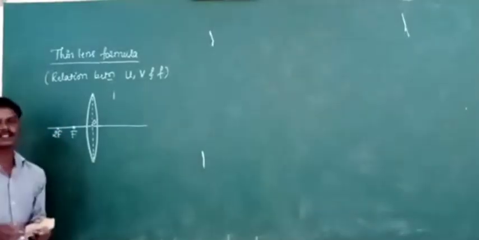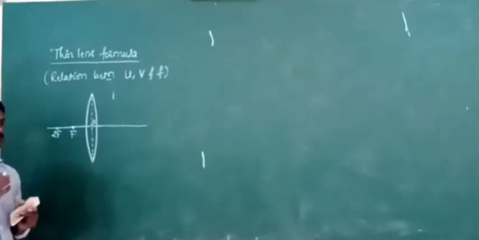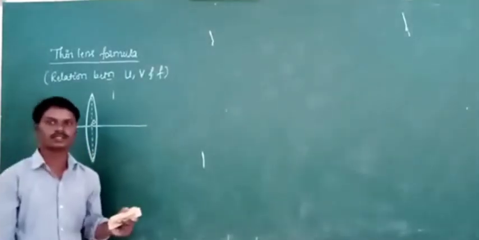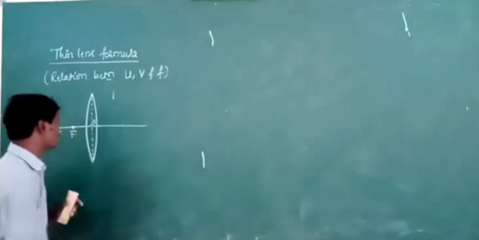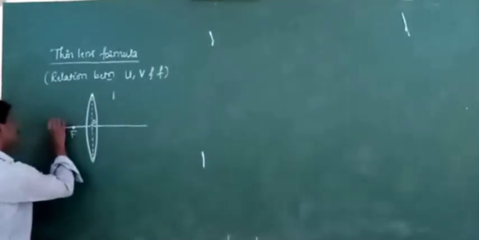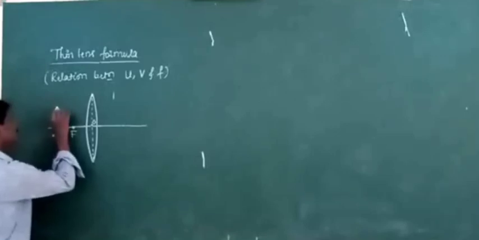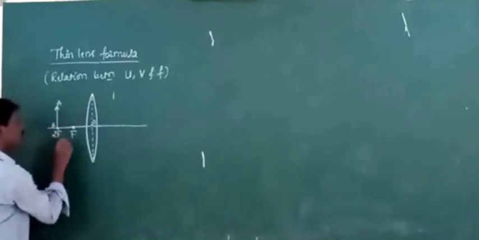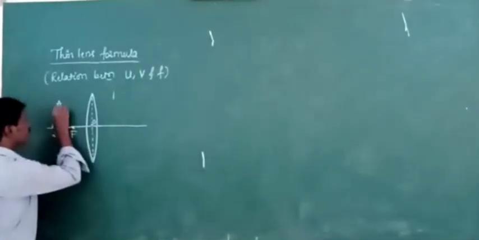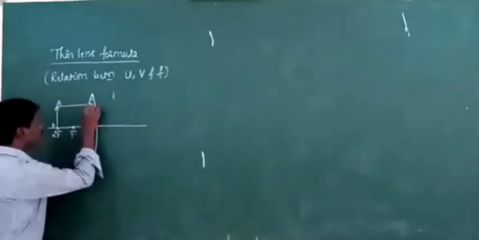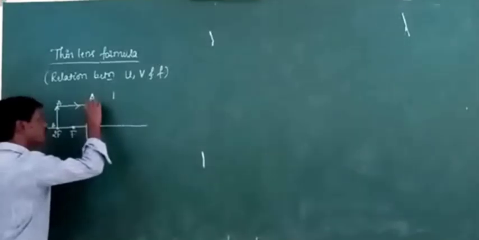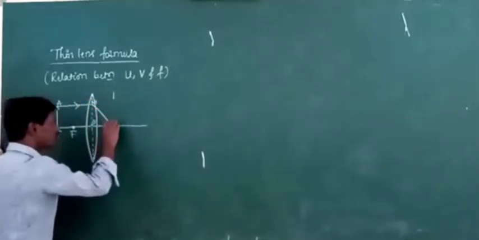So let us take, if the object is at 2F, where will its image be formed? Its image will be formed at 2F only, because already we discussed this in the formation of image by convex lens. Now this is an object which is placed at 2F. So where will its image be formed? Its image will be formed at 2F again. So the first incident ray is parallel to the principal axis. I will take it as point M. After refraction, the refracted ray passes through the second principal focus.